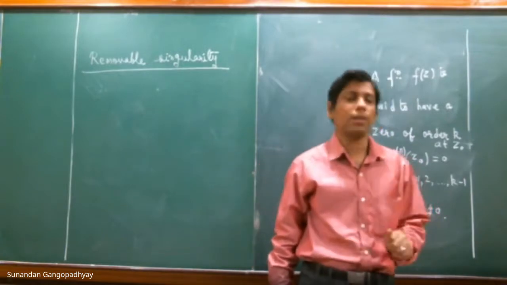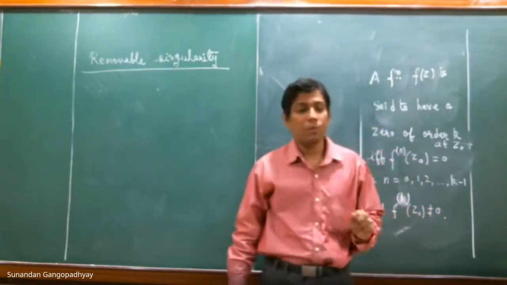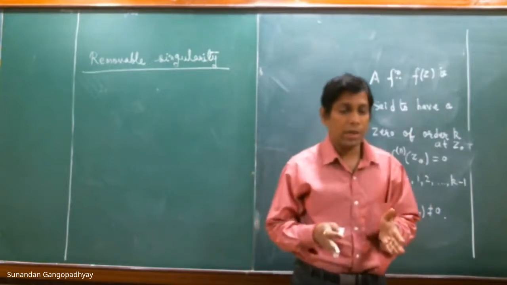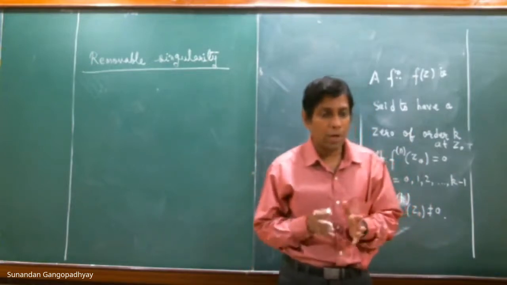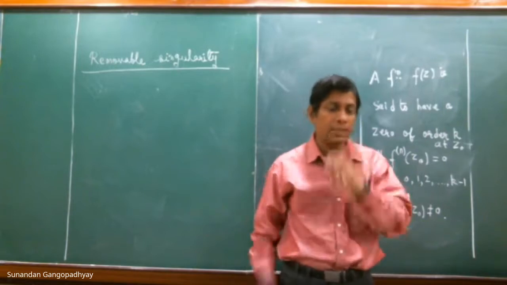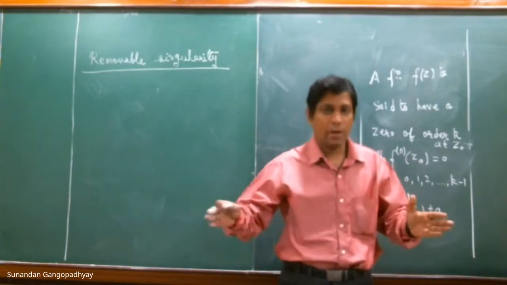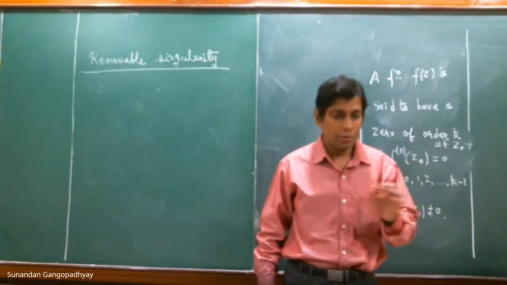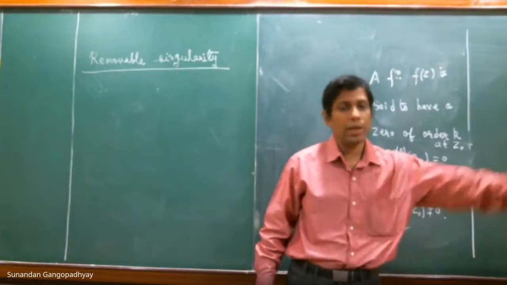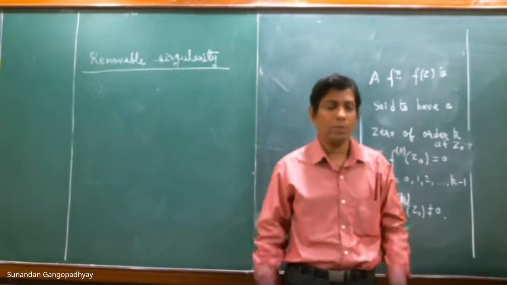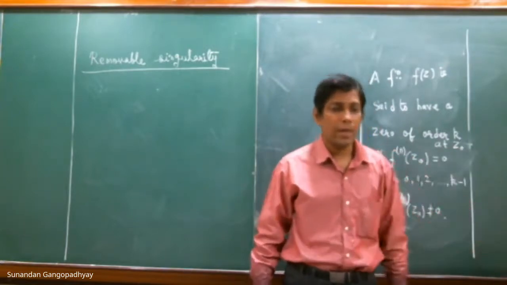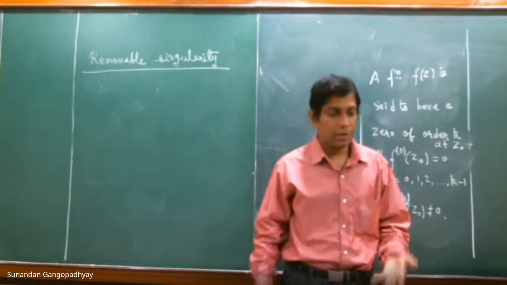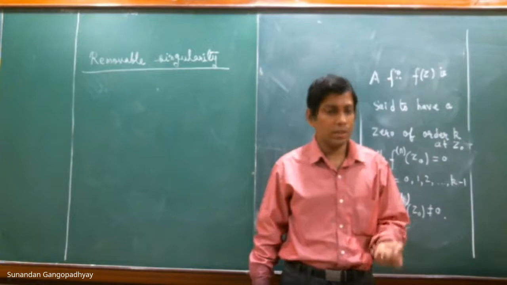So it is not an isolated singularity. Then we have learned what is an essential singularity. Also, we have learned a pole singularity, a function having a pole of order k. It basically means that you have a Laurent series expansion, and if you go to the left side of the expansion, you know what I mean, all those coefficients vanish. Then that function is said to have a pole of order k. If the pole is of order 1, then it is a simple pole.